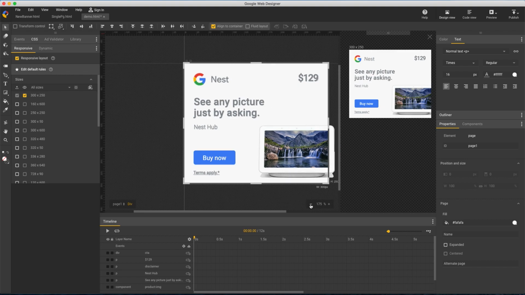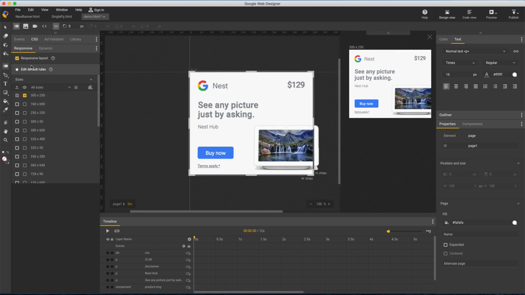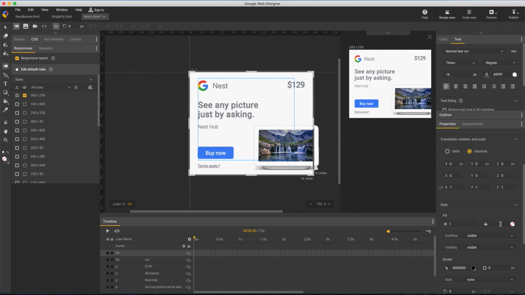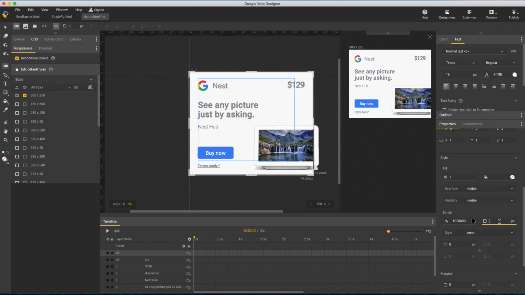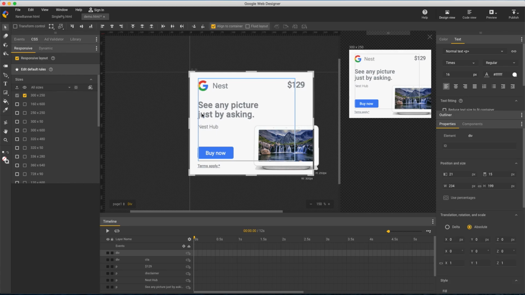Next I want a border, so again I'll use the Element tool and draw a div. Give it a 1 pixel border, slightly darker gray. I'm reading these colors from a spec sheet. Now this element I want to make fluid because it's always going to be the same exact size as my viewport. So in my Properties panel, I'll use percentages, 0, 0, 100, 100.